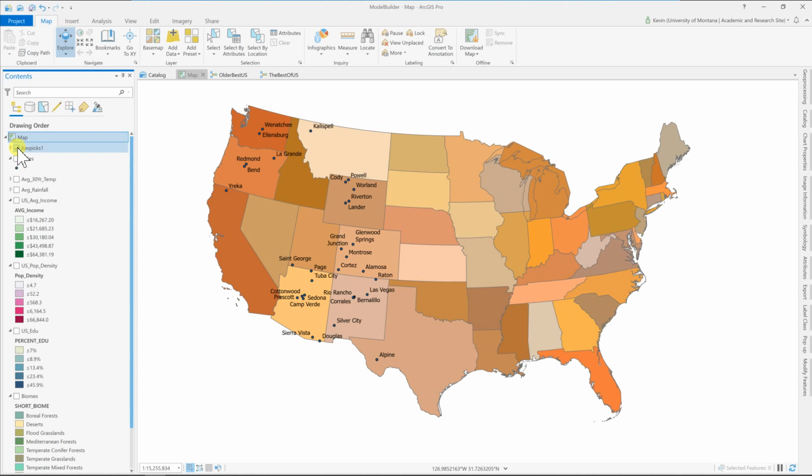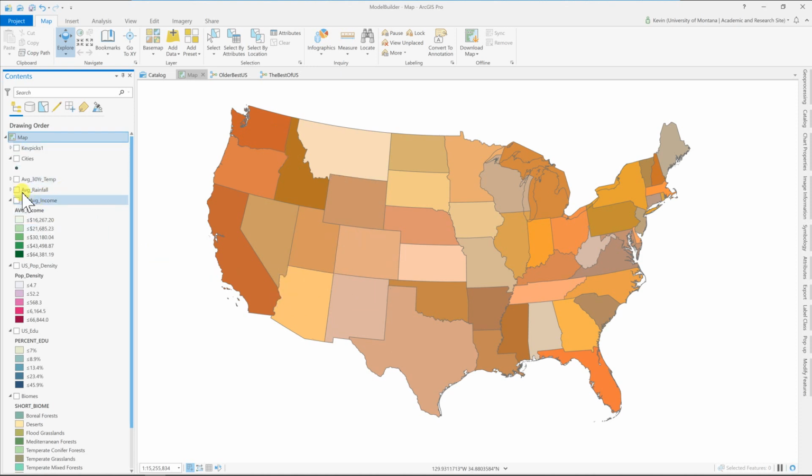So I've created a model that looks at average income, population density, average education, and so on and so forth. When you run it through, it will choose only the cities that meet all of those criteria. All right, so Bend, that's a nice place to live, right? Kalispell, not too bad. A couple other places, Grand Junction. I would live in Montrose, it's really nice. Page, a lot of nice canyoneering and things around there. And St. George, close to Zion, but a little hot. But anyways, this all depends on all this data in here.